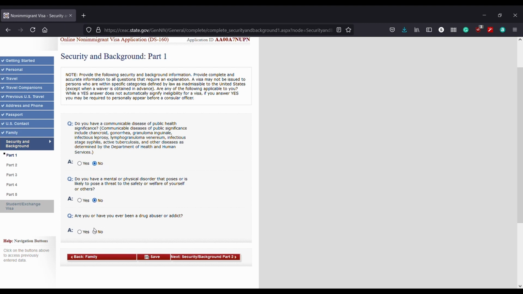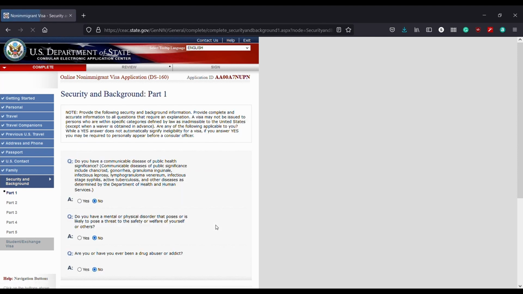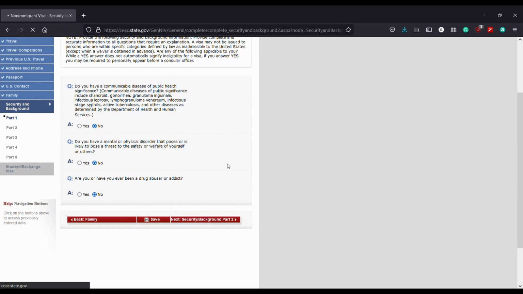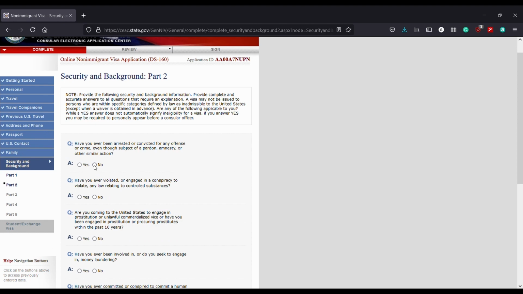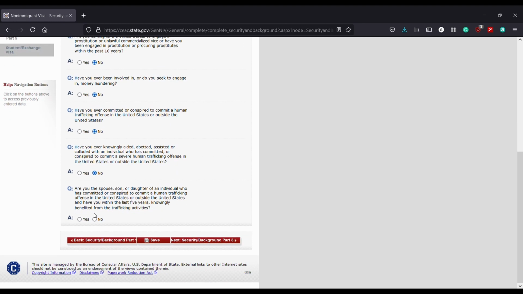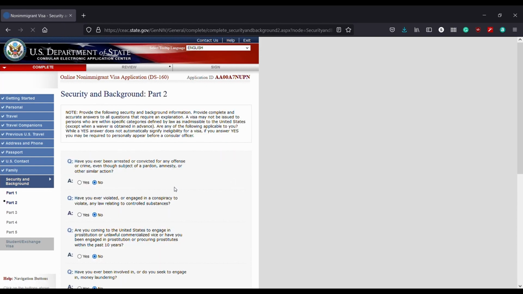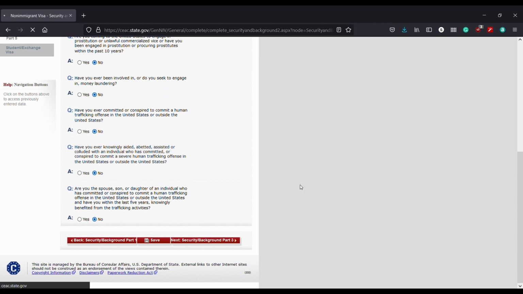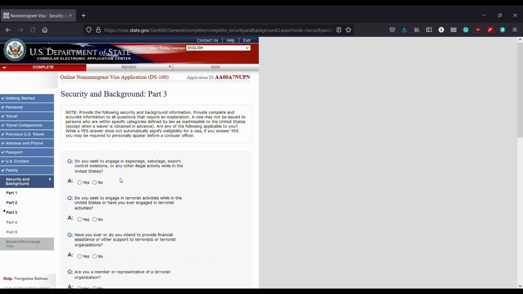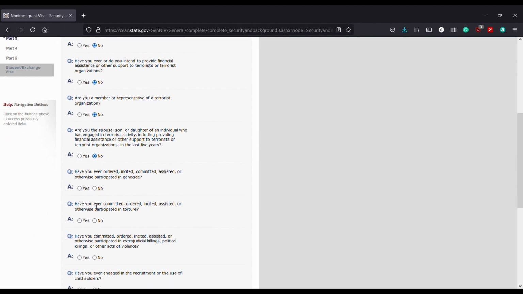Next, we move on to the biggest section, security and background. Remember, guys, जो भी question हो, eventually your answer is going to be no. You don't or never probably have involved in an illegal activity, but though you haven't, I recommend go through each and every point properly. तो मैंने ऑलरेडी भर दिया है ये फॉर्म, मेरा वीज़ा हो चुका है जैसा आप लोगों को पता है, so I know what they have asked, so I will be marking straight away everything no, but then I again recommend you to go through each and every question thoroughly and then mark no. सब नो है.